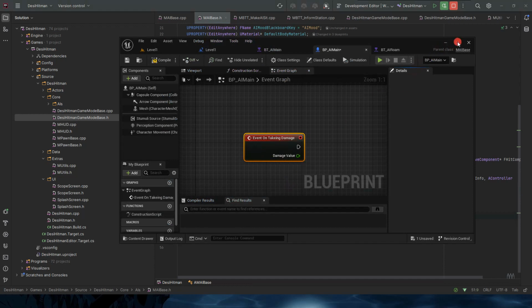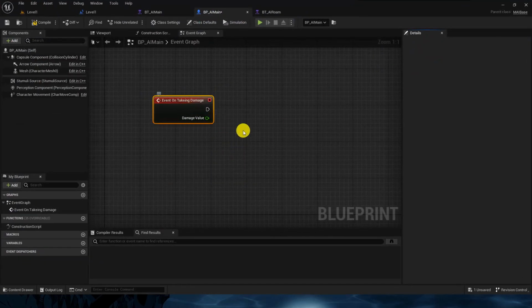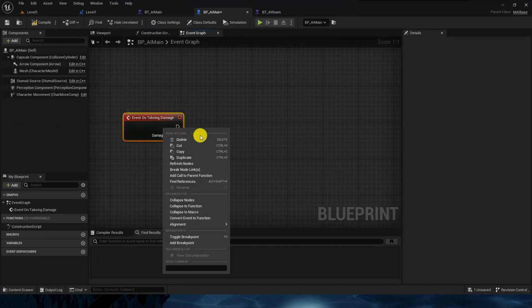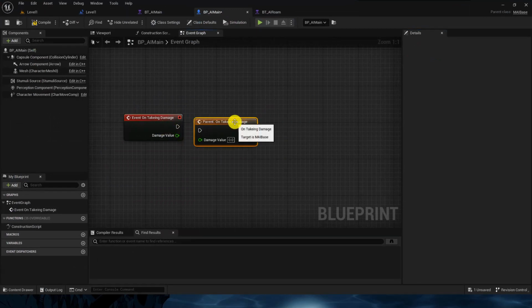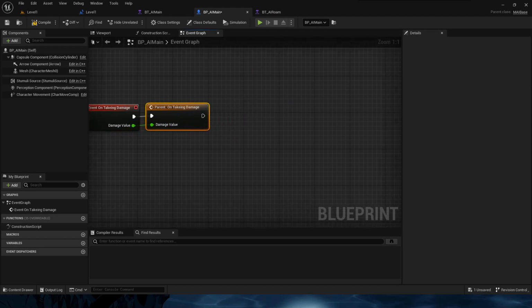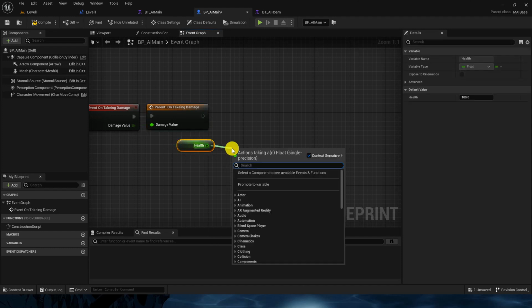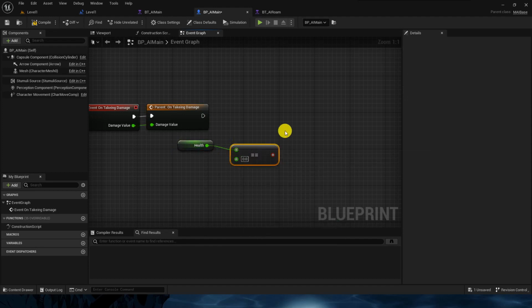Okay, yeah, this is the one. I have spelled it incorrectly. So right click, add the parent call, so it will also call the C++ implementation, and here I will check if the health is 0. So get health. If it is equal to 0,